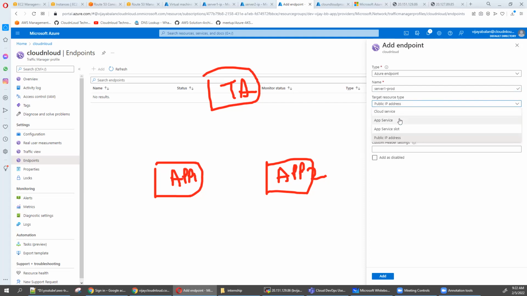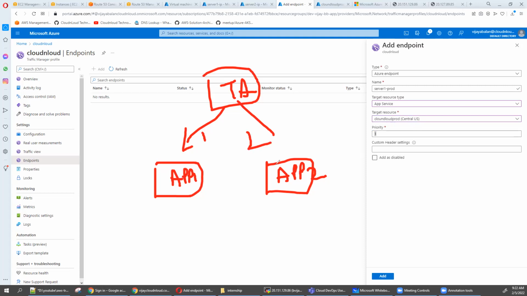Yes, it's very simple. You select the app service. Right now you configured only one app, that is why it's showing only one, but we need you to configure two apps. So you will select this. That's it. You mention priority 1. That means whoever reaches this domain will always go to this, because you said priority 1. And if you have another app, you say priority 2. That's it. So the concept is the same,